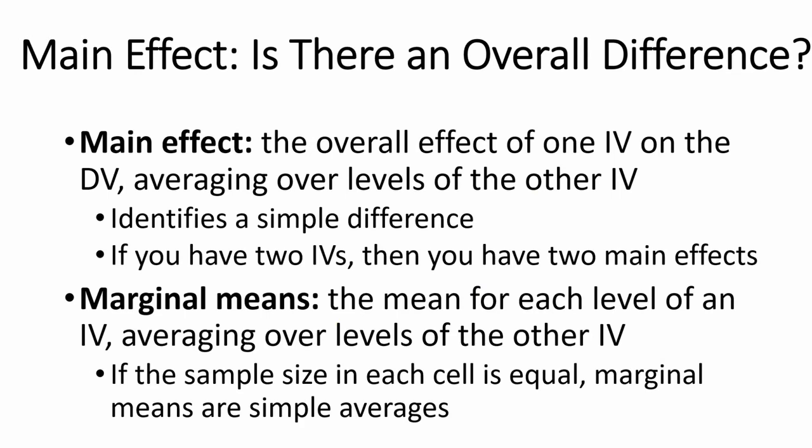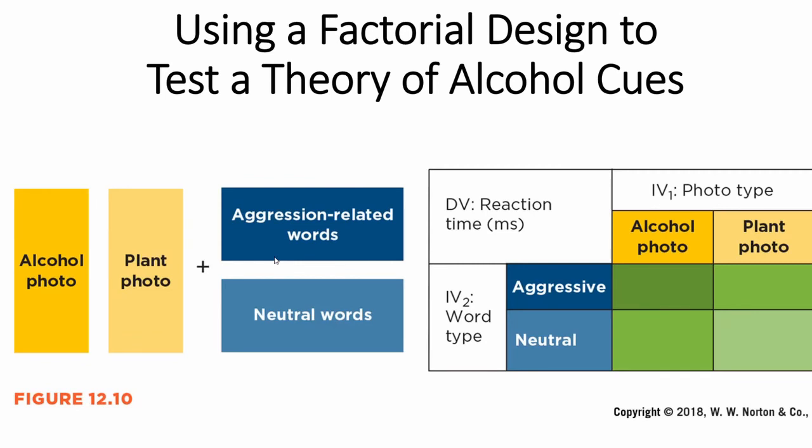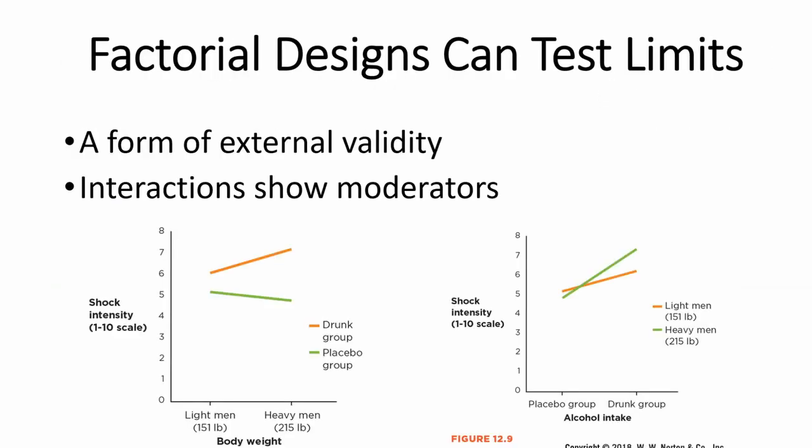And we can actually see this if I go back. Let's find, so here for our alcohol and plant images versus aggressive and neutral words, because this is sort of a straight cross, there's pretty much an X here where the average of all of our conditions, if we take the average of all of these lines, we're going to end up with something that looks like this, which is no real effect that we're observing. But if we scoot back even further, if I can find the graph for our drunk